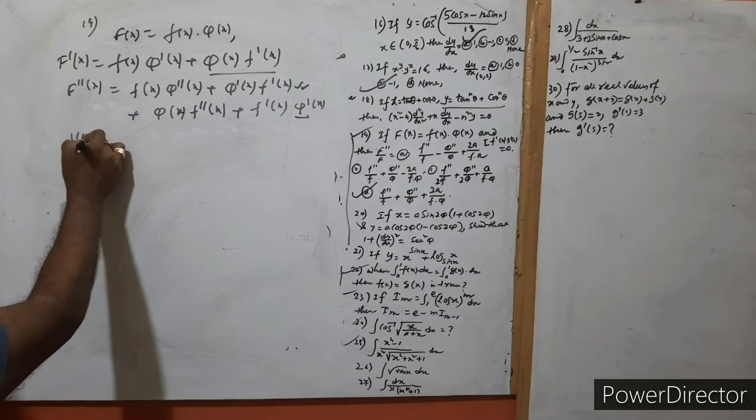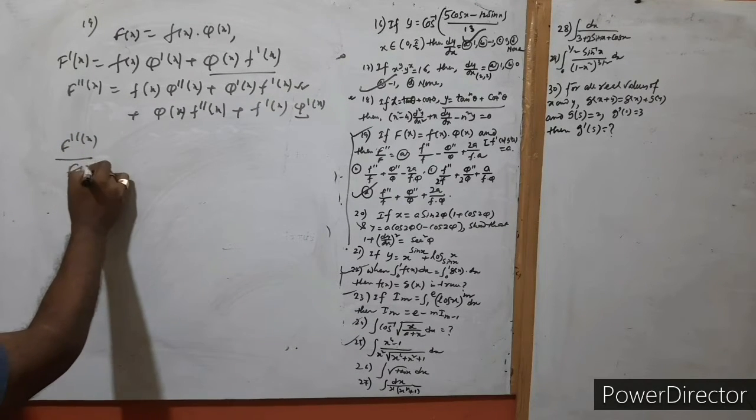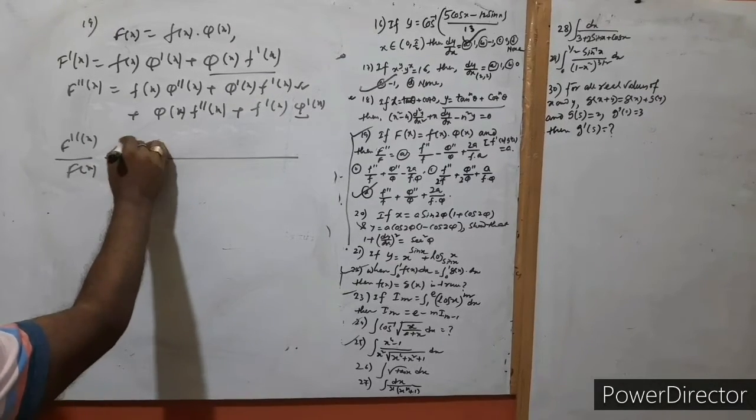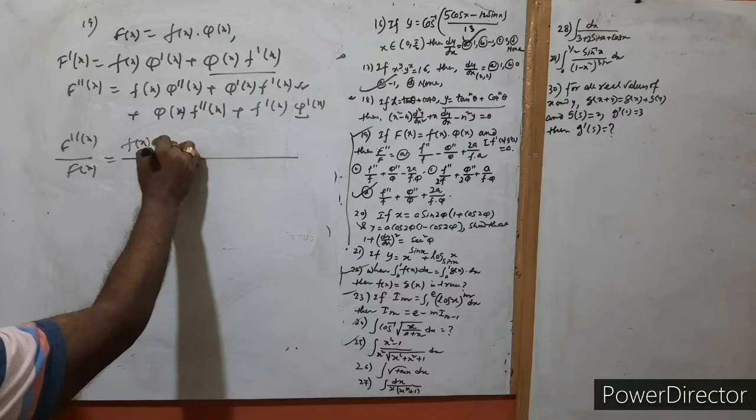So now divided by f dash x by f of x, and this is here f of x phi